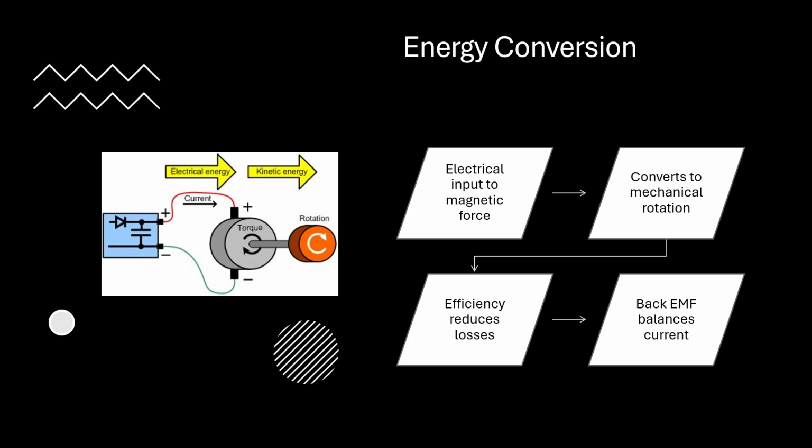This slide summarizes the core function of the DC motor. It's an energy converter. We input electrical energy in the form of direct current, and through the principle of electromagnetism, the current carrying coil interacting with the stationary magnetic field, we obtain kinetic energy or rotational motion. The efficiency of this conversion, along with the precise control the DC motor offers, is why it remains a foundational component in nearly all modern technology.